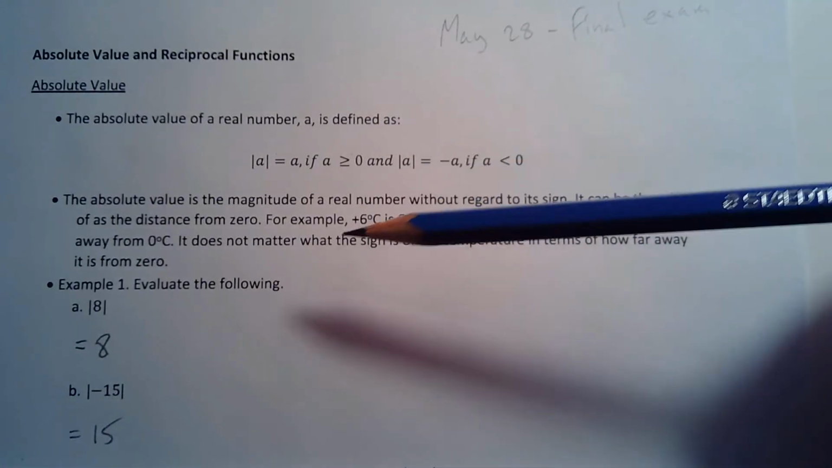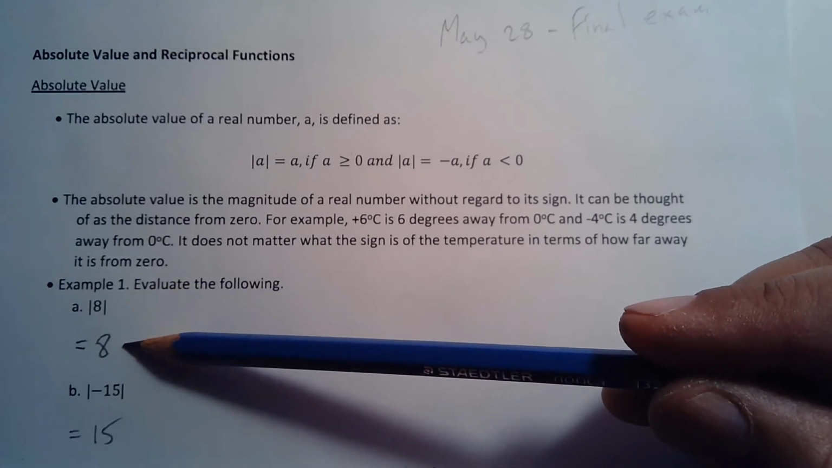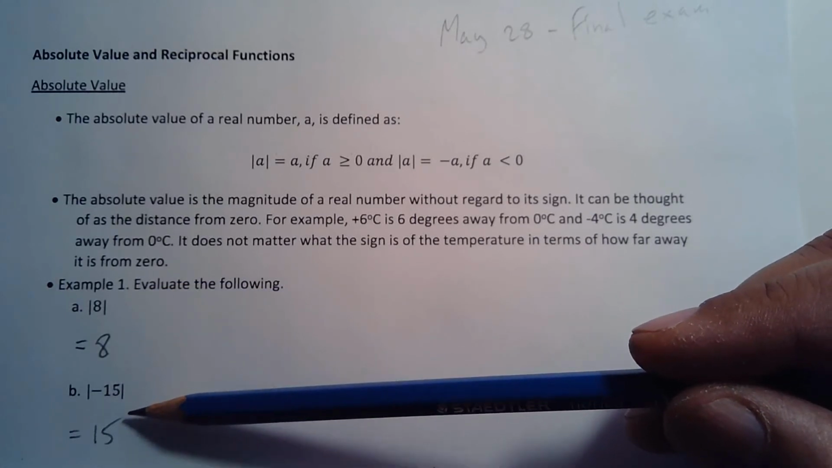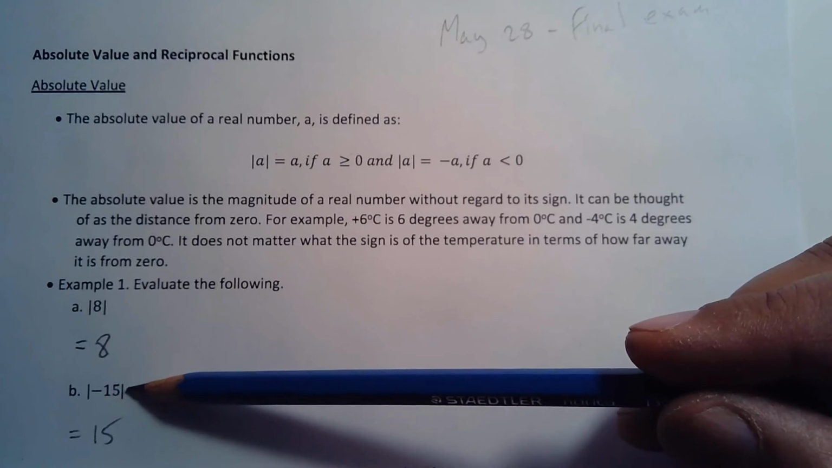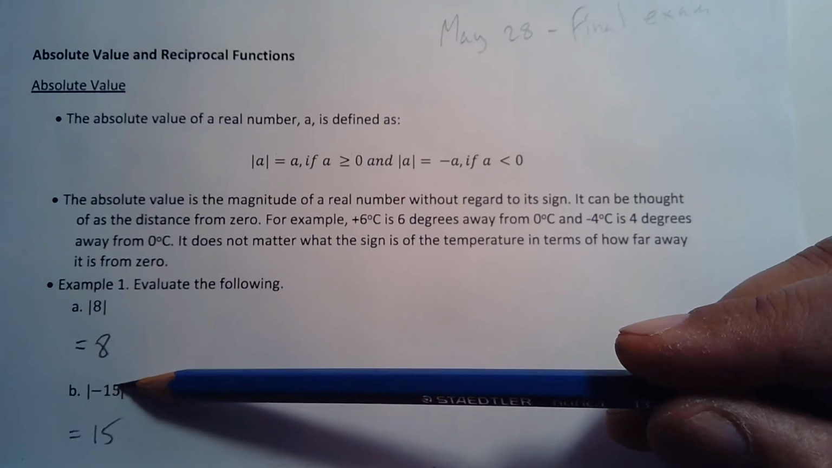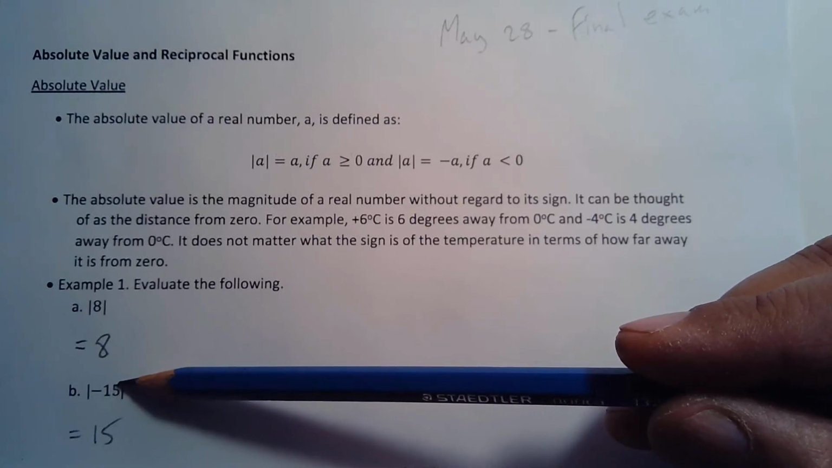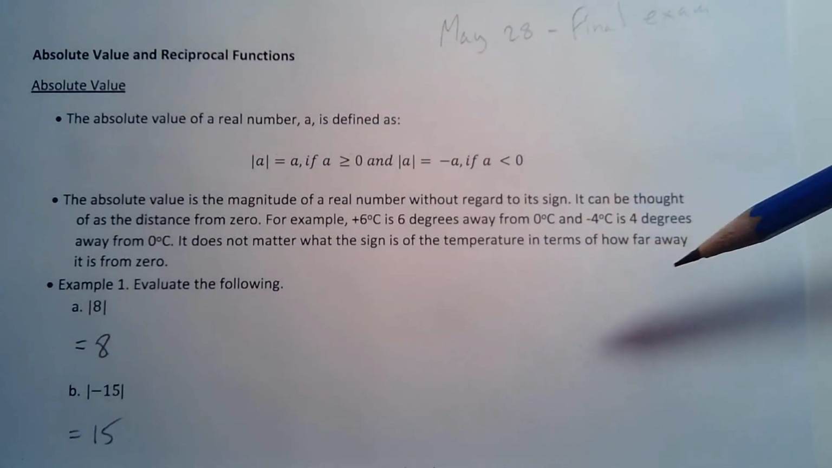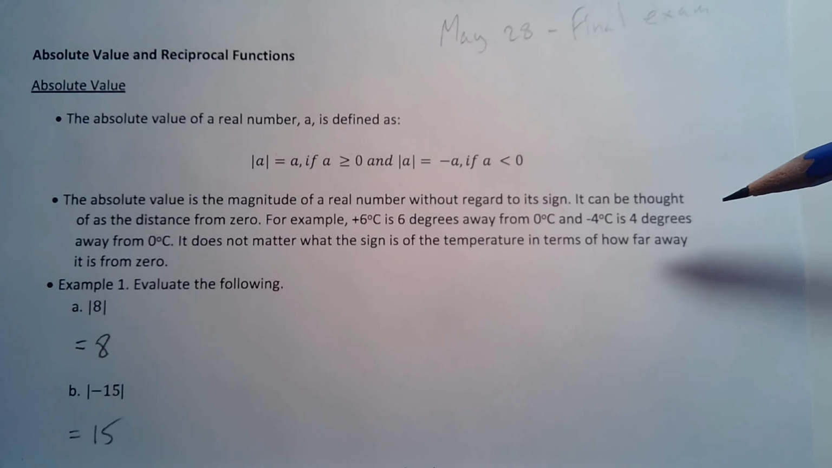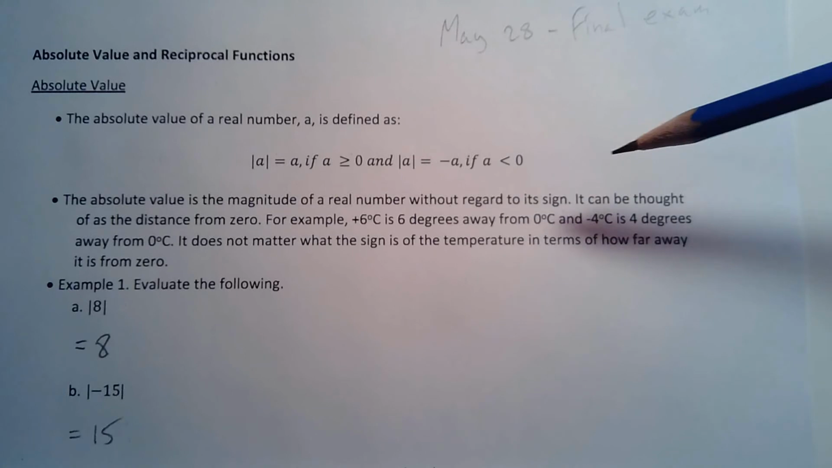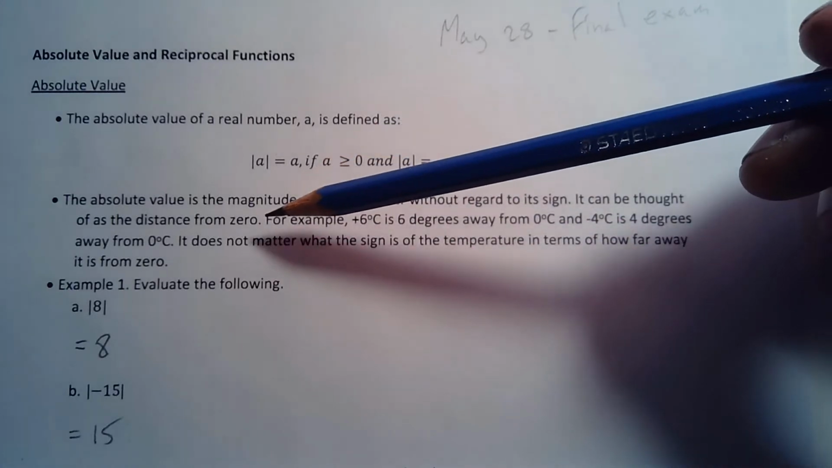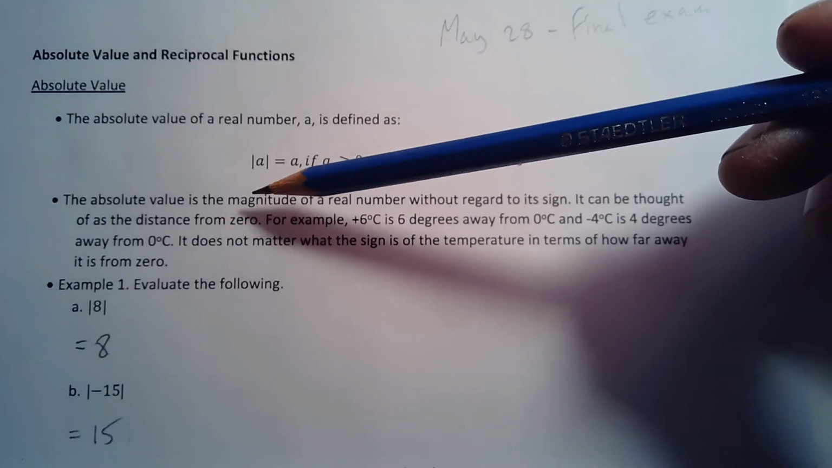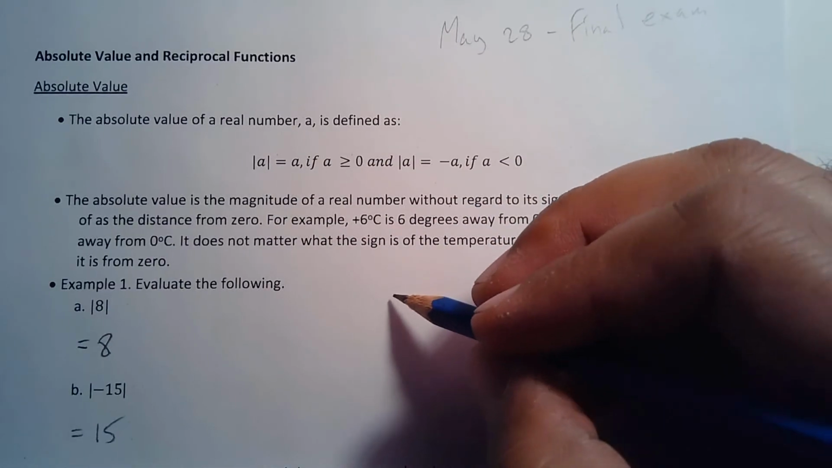Here you've got the absolute value of 8, which is just going to be 8. Absolute value of negative 15 is going to be positive 15. This gives you an idea of what the absolute value function does. It takes something regardless of whether it's positive or negative, and brings it out as positive. To make sense of this, think about how the temperature scale works. The absolute value is looking at things in terms of a distance from your 0 point. So if you have a number line,